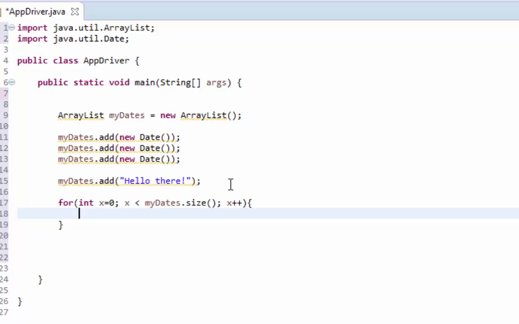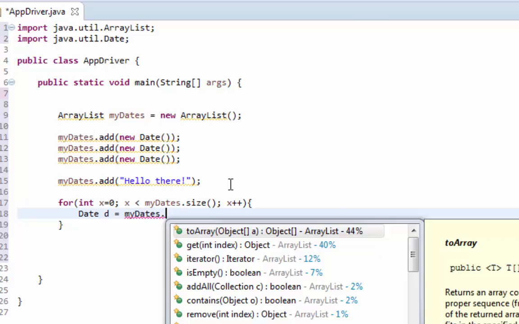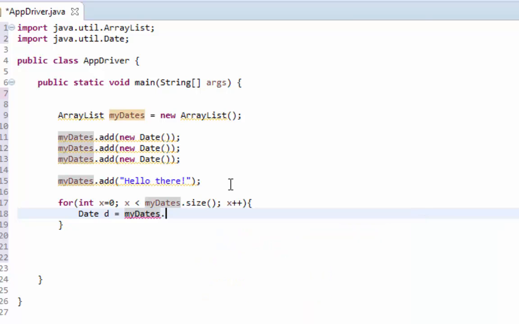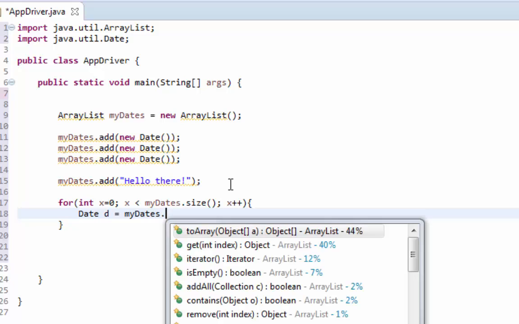So let's say I want to use this loop to get all my dates. The way to do that would be, I'm going to go date, let's just call this d equals my dates dot, what is it, get